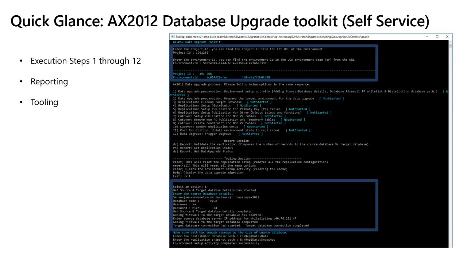There is a reporting section. With reports, you can validate whether your replication is successful by comparing the number of records in source and target. You can monitor the replication status and the data upgrade status directly from this toolkit. And there is the tooling section, which is basically, if you face any issue in replication configuration, you should be able to reset your environment and clear the environment from a setup activity perspective. So there are various tooling